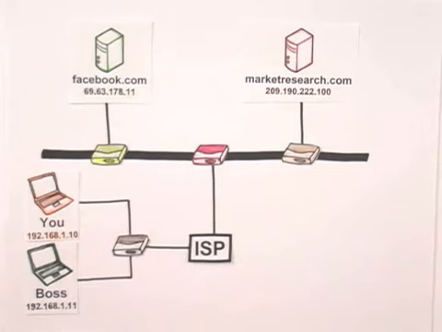Imagine each packet as a piece of candy wrapped in several layers. The first layer is your computer's IP address. Your computer sends the packet to the first router, which adds its own IP address. Each time the packet reaches a new router, another layer is added until it reaches the server. Then, when the server sends back information, it creates packets with an identical wrapping. As the packet makes its way over the internet back to your computer, each router unwraps a layer to discover where to send the packet next until it reaches your computer and not your boss's.